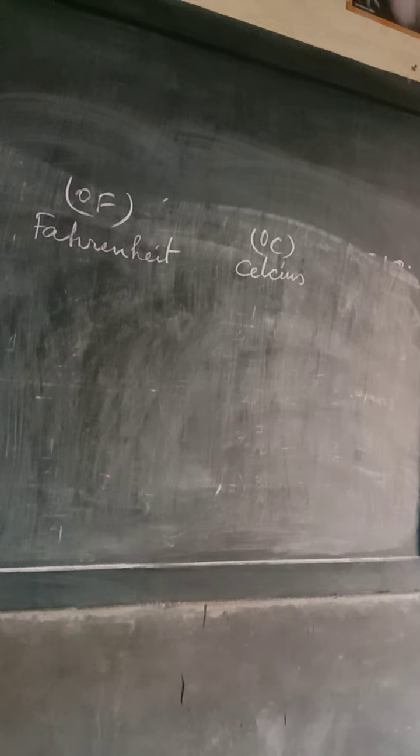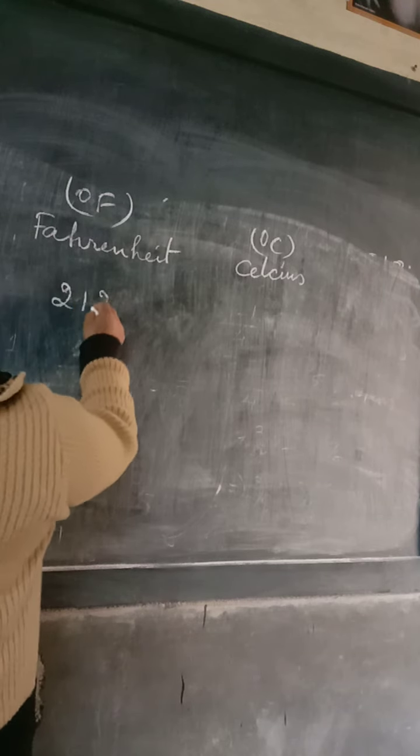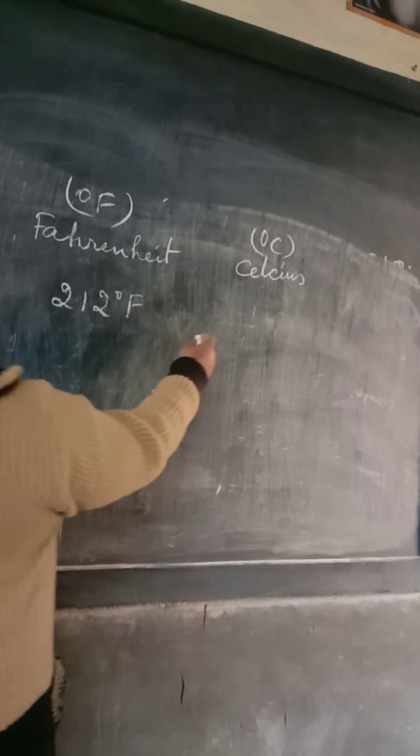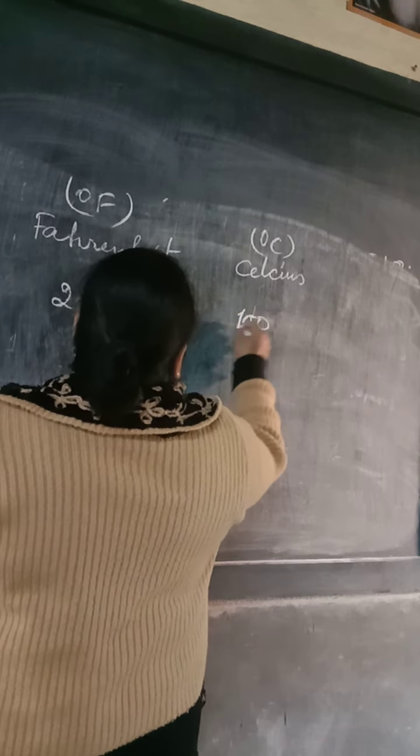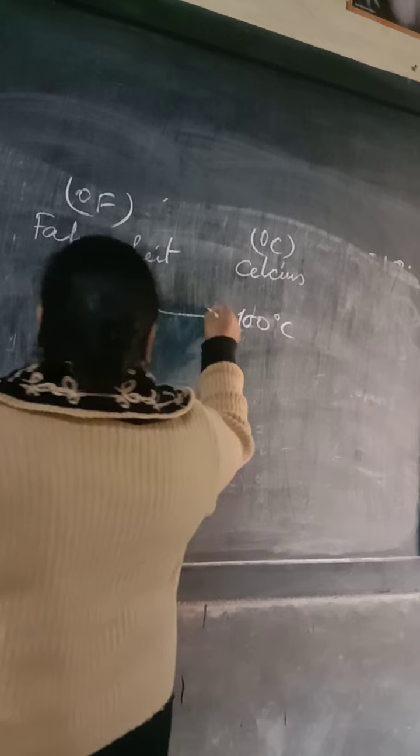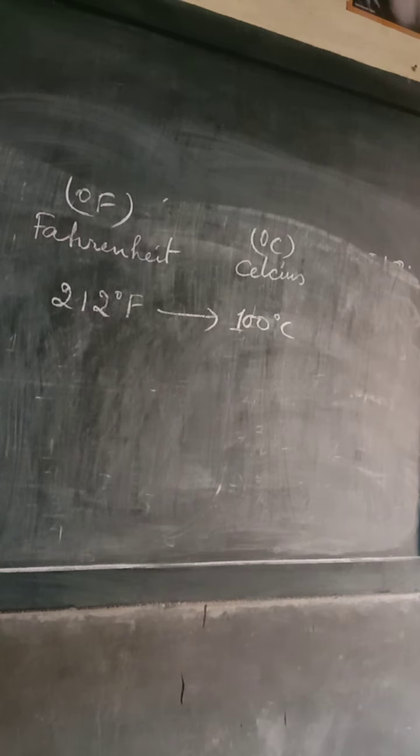The normal body temperature, everybody knows, is 37 degrees Celsius or 98 degrees Fahrenheit. These are all given in your book, you can see also. Now 212 degrees Fahrenheit is equal to 100 degrees Celsius. Now you will say, ma'am, how to find it, how to measure it, what will be equal? So to convert